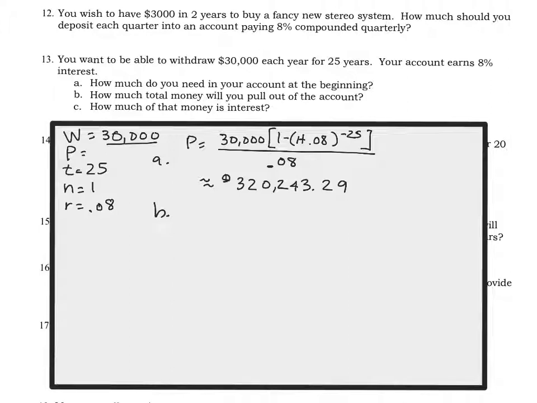Well, remember that $30,000 was how much you withdrew every single year for 25 years. So let's calculate that. So $30,000 every year for 25 years will yield $750,000. So when they ask you how much of that money is interest,